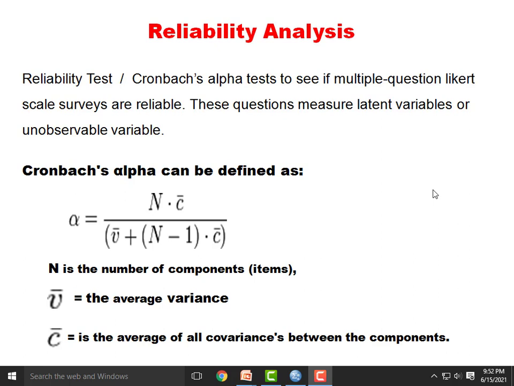Cronbach alpha can be defined as n times C bar divided by V bar plus (n minus 1) times C bar, where n is the number of components, that is, the total number of variables used in the particular factor. V bar is the average variance. C bar is the average of all covariances between the components.